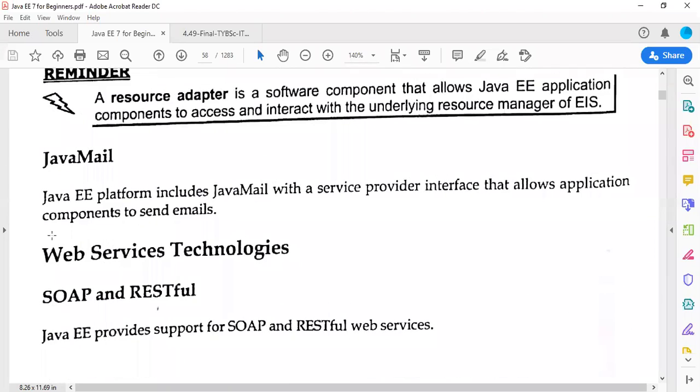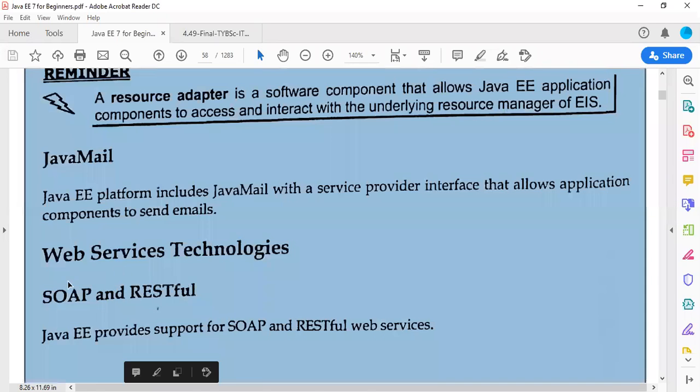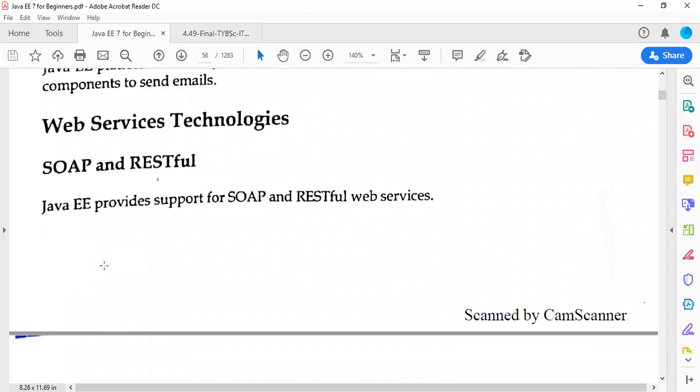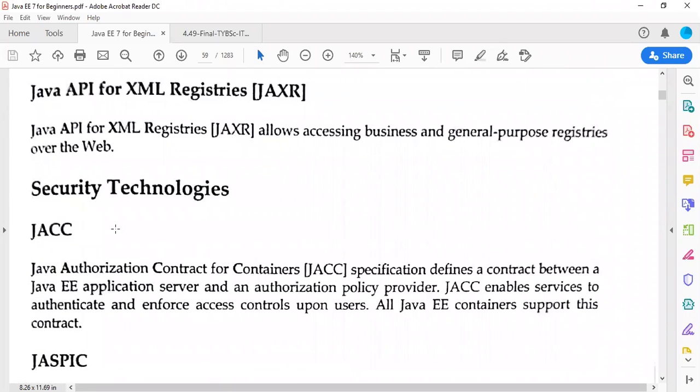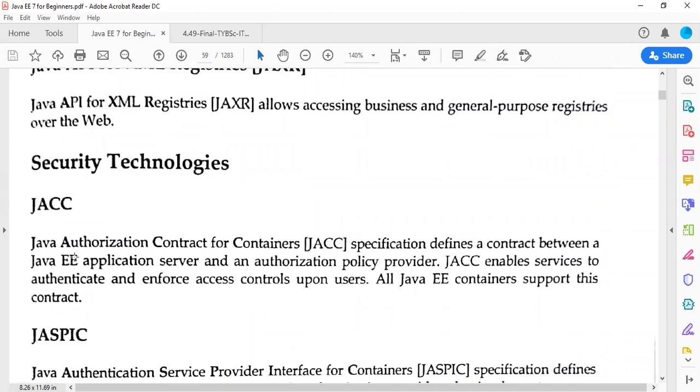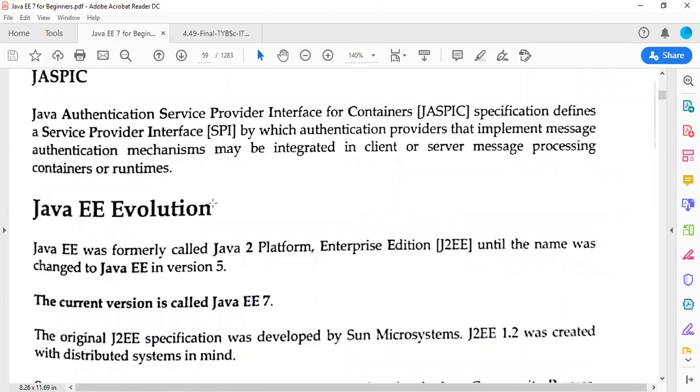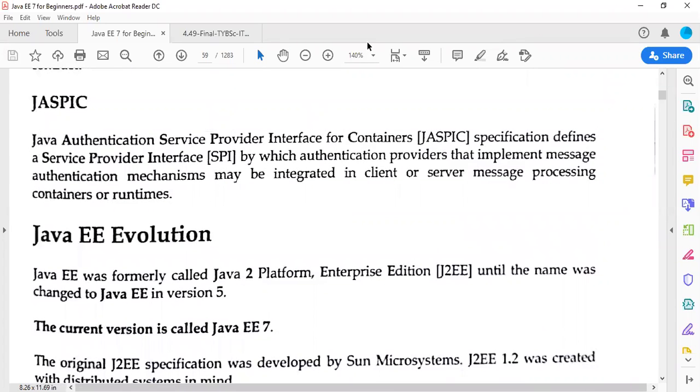In web service technologies, it provides SOAP and RESTful architecture. SOAP stands for Simple Object Access Protocol. In RESTful architecture, Representational State Transfer architecture style. It also provides security technologies JACC and JASPIC. We'll stop here for today's session.